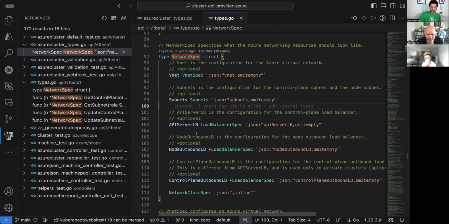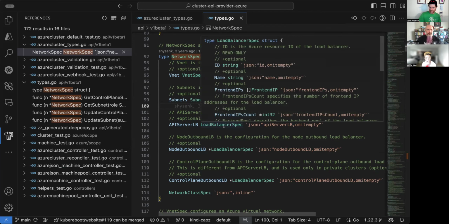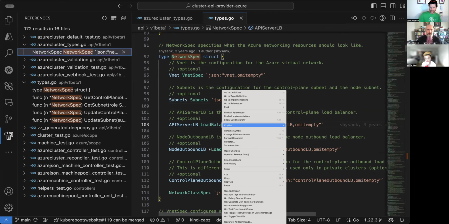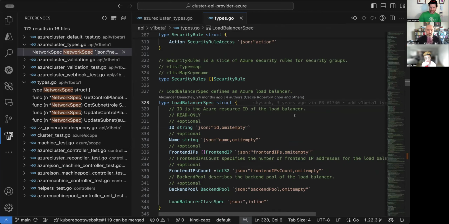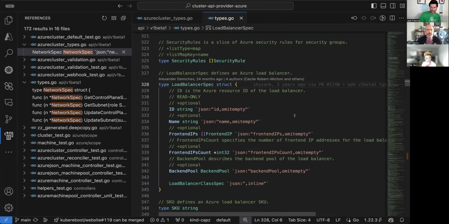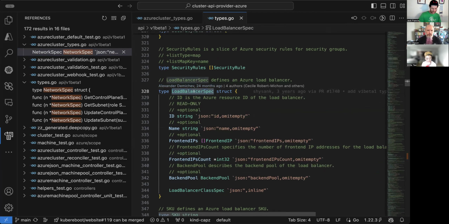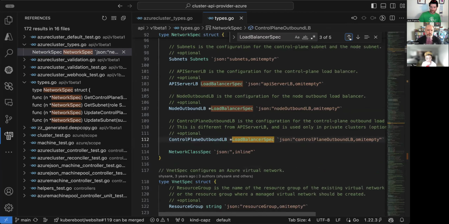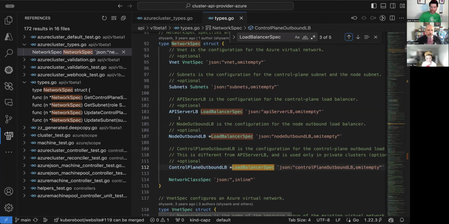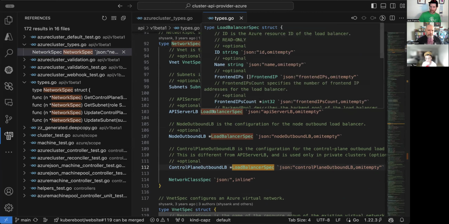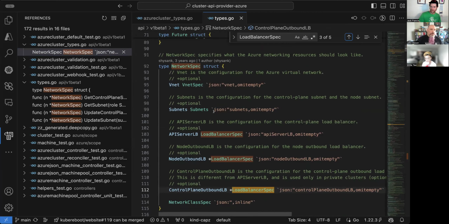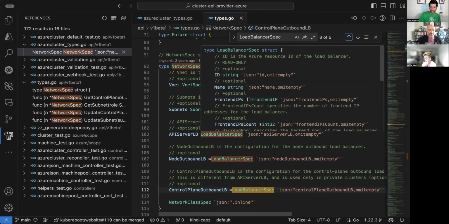Okay, cool. So API server LB is the configuration for the control plane load balancer. So I'm going to pull up this load balancer spec type definition. Is one of the core ideas that this itself would become an array? So the API server LB would become an array of these. Is that one option? Yeah, that's one of the ways I've considered. Okay, cool. However,